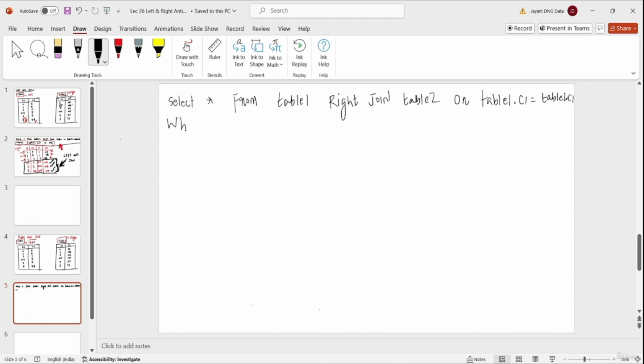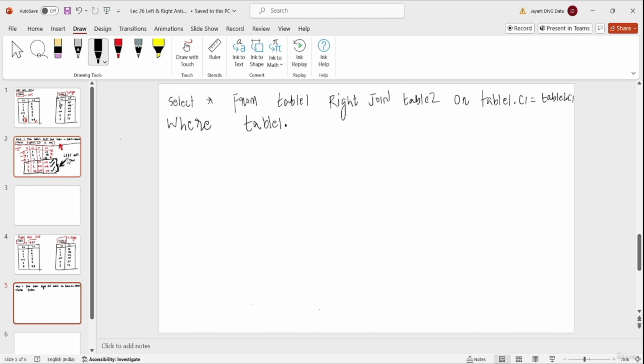Since we are talking about right anti-join, corresponding to the values present in column C1 of table 2, whatever comes from the left table in the output will have null values. All the columns from the left table will have null values. That's why we can write any column name of table 1 to be equal to null in the where clause.